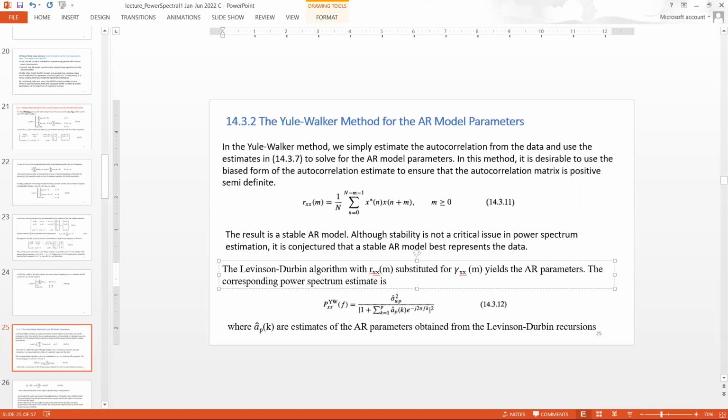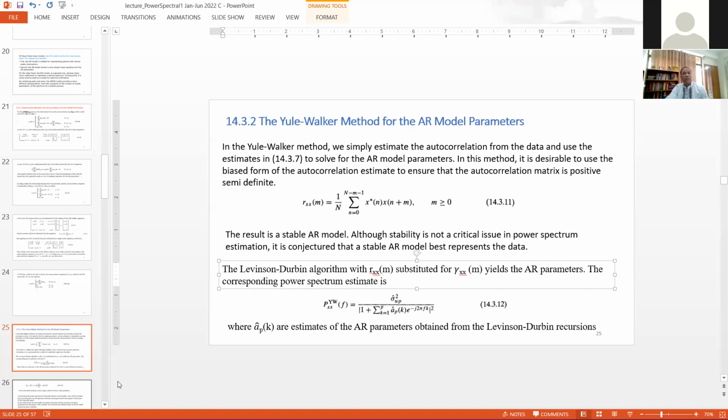Algorithm with Rxx distributed for gamma xx yields the AR parameters, the corresponding power spectrum. So আমরা যদি লেভিনসন ডারবিন অ্যালগরিদম ব্যবহার করি তখন আমাদের পাওয়ার স্পেকট্রামটা আসবে এটা। তার জন্য AR মডেল, যেখানে আমাদের a caret k এখানে আমরা নতুন ব্যবহার করেছি। The estimates of AR parameters obtained from the Levinson-Durbin recursion। তো a caret k এটা এখানে নতুন আমরা ইন্ট্রোডিউস করলাম, সেটা আবার এখানে ডিফাইন করা হলো যে what is that।